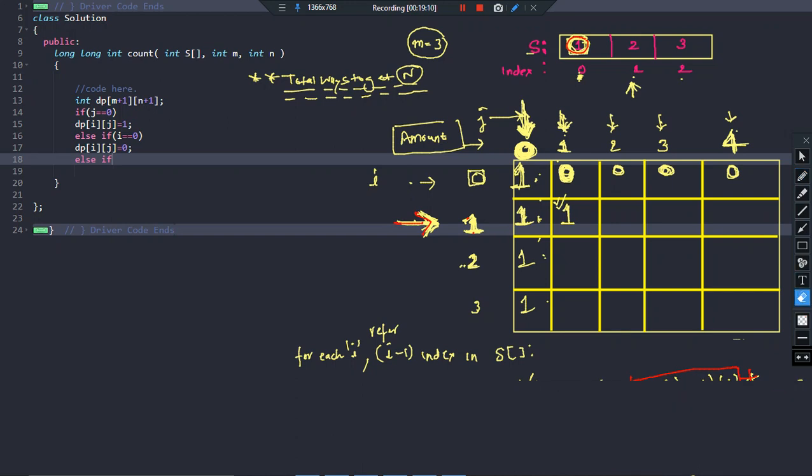So likewise, what will happen? So I want 2 rupees, and which is the maximum denomination I have with me? The maximum denomination is pointed to by the index 1 minus 1, that is 0, which is 1. So how many ways can you give me 2 rupees, given that you can use a maximum denomination of 1? Okay, so how many ways are there? So you see what we are going to do. There are actually 2 ways, right? 2 ways. How? First of all, I know the formula is nothing but